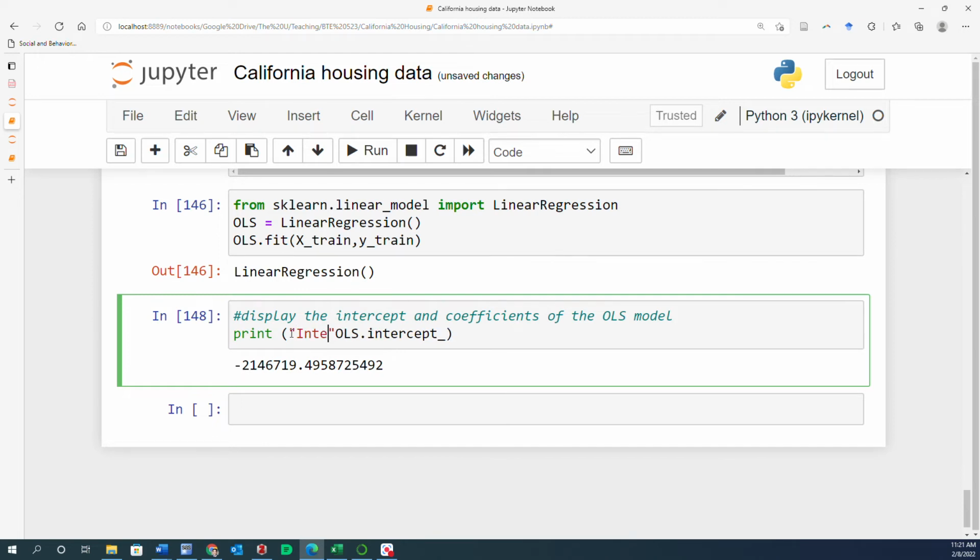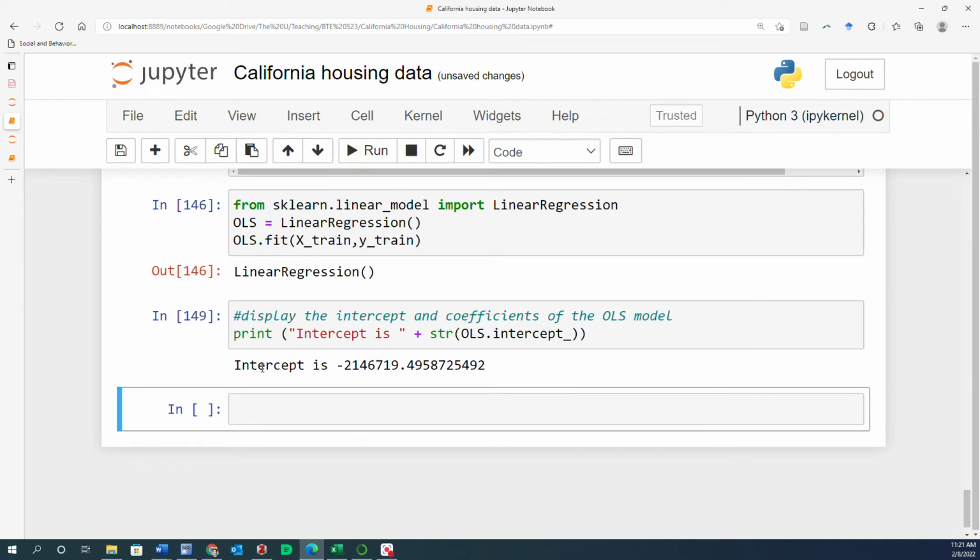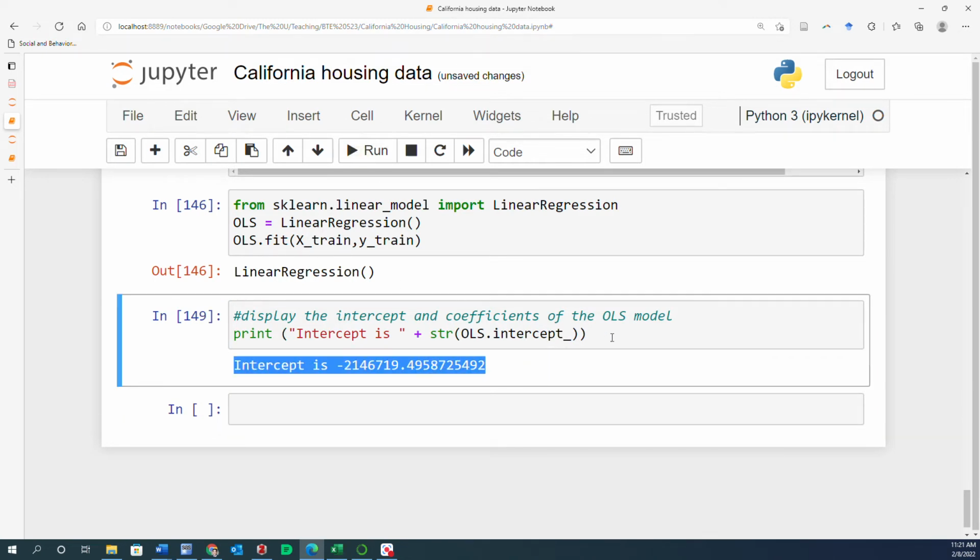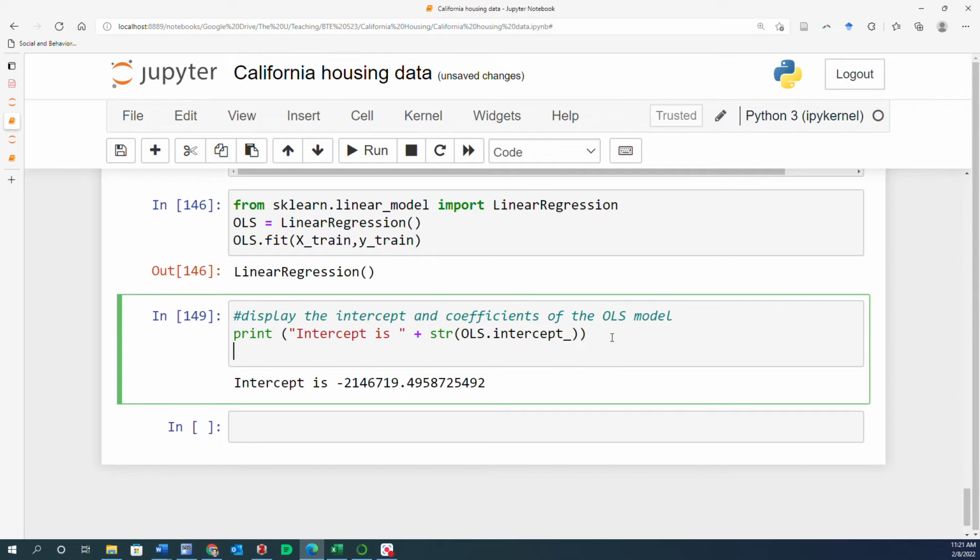Say that intercept is, plus, and remember to change this OLS.intercept_ into a string value. And then you would see that it is written that intercept is, and then also let's type in print